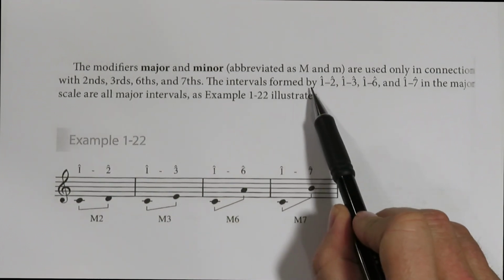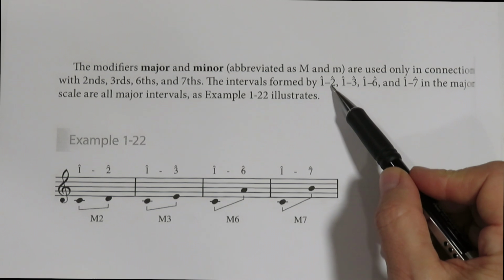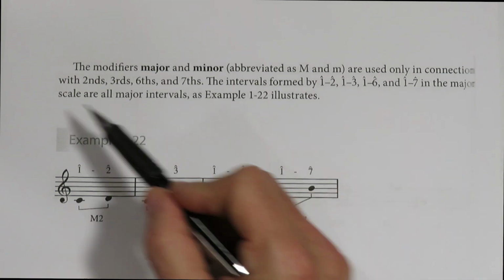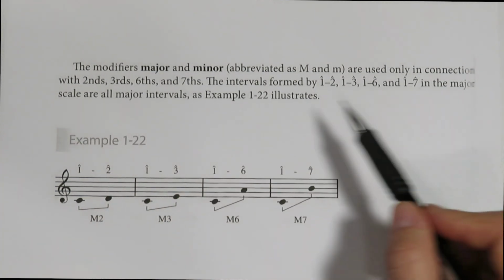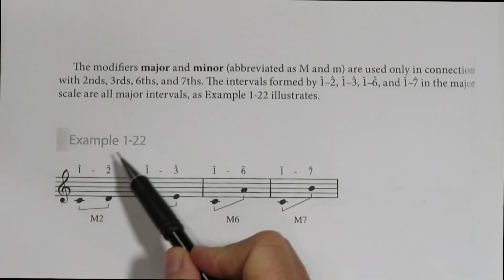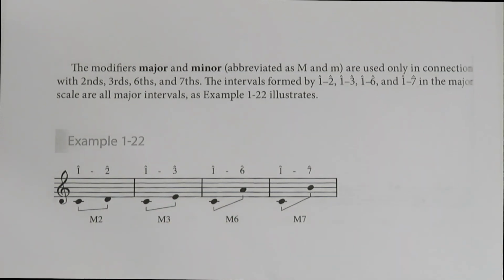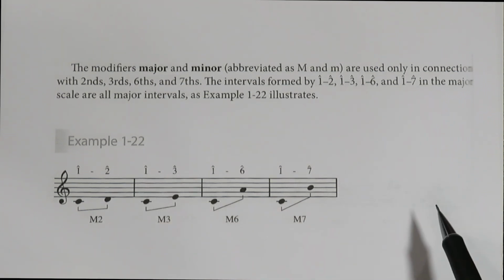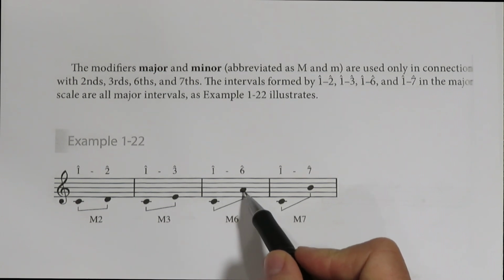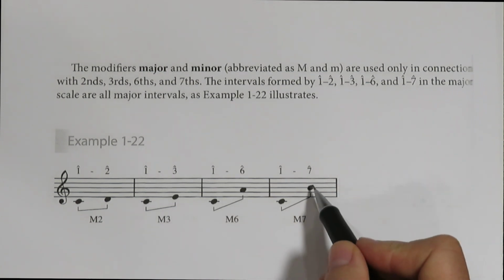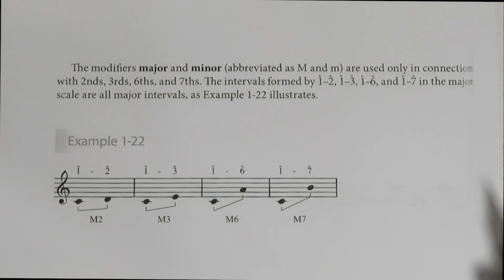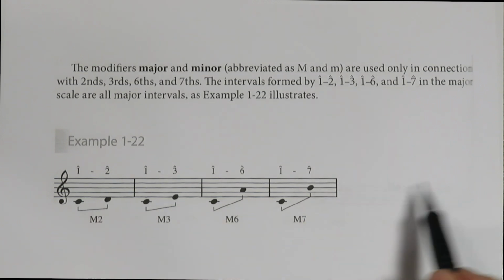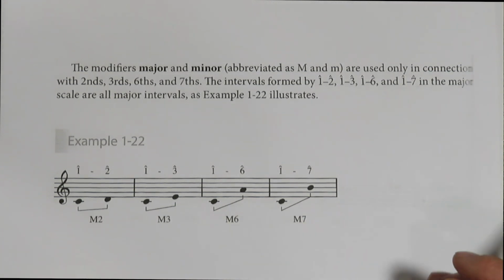The intervals formed by scale degree 1 to 2, 1 to 3, and 1 to 6, 1 to 7 in the major scale are all major intervals, as example 122 illustrates here. C to D, major second. C to E is a major third. C to A, major sixth. C to B, major seventh. We know that because all of these naturals are in the key of C. Right? Okay, so